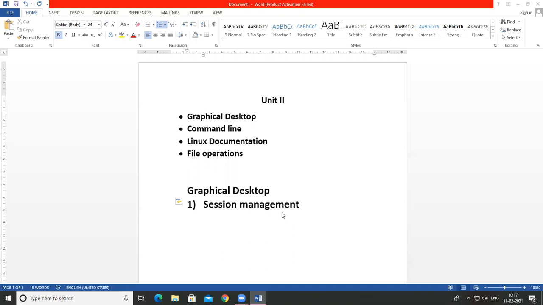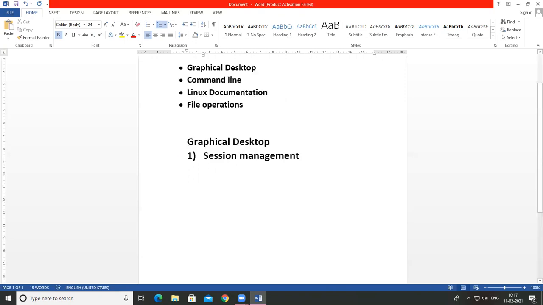Okay, suppose you consider Ubuntu operating system, that means Ubuntu distribution of Linux operating system. Then it includes different session management applications that are Claudia. Just you are going to download it over the internet and install. Okay, non-session management.